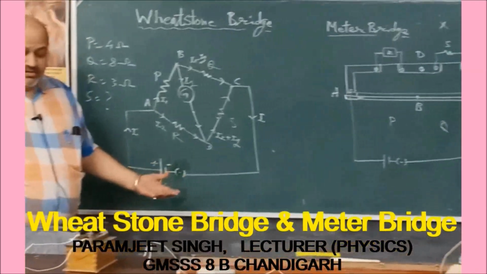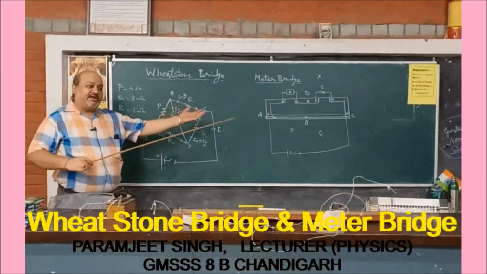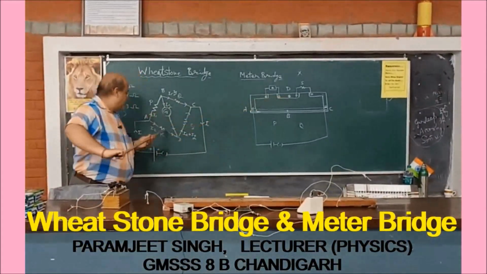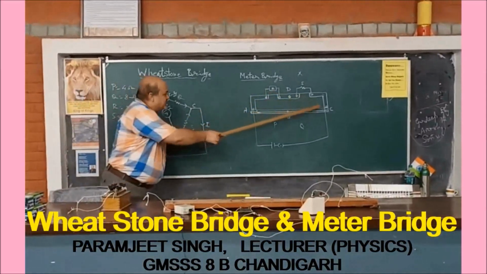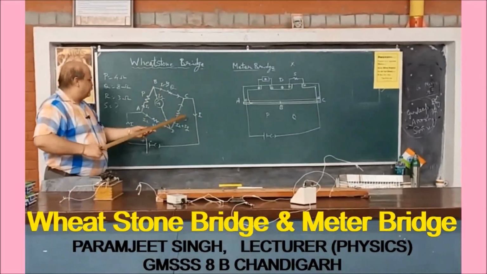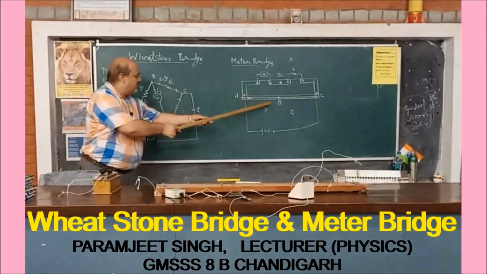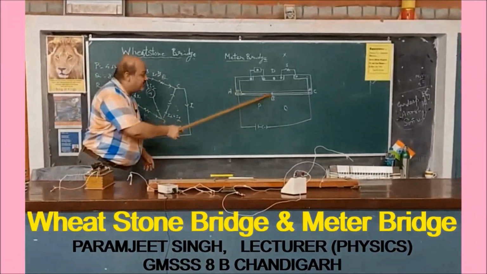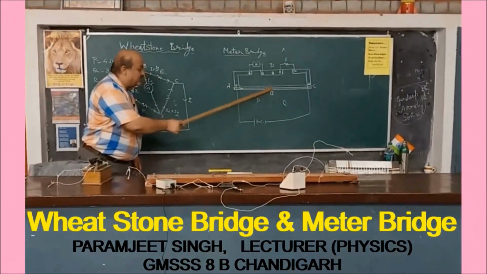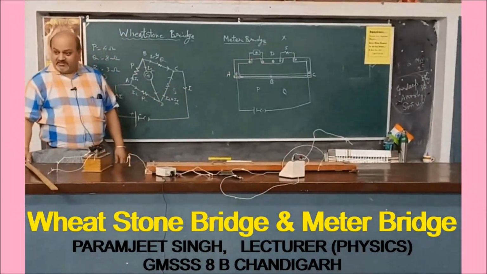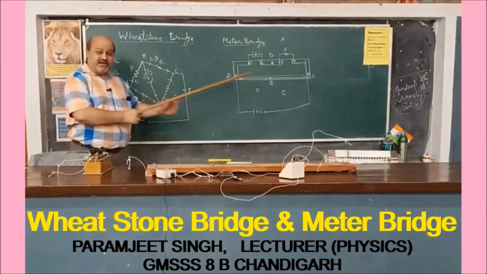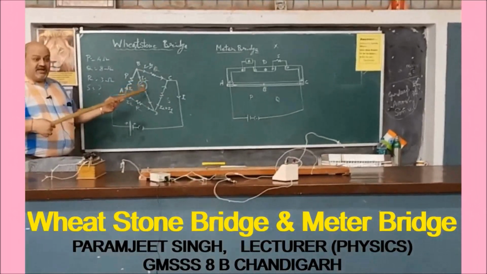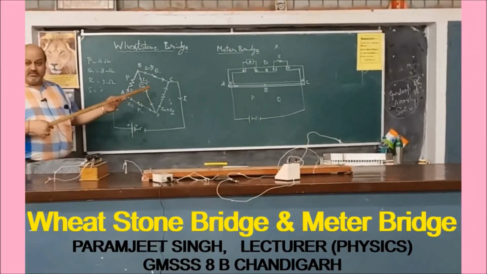So now see, the whole Wheatstone bridge is now practically there in the meter bridge. Between A and D, R. Between D and C, or C and D, S. Between A and B, P. Between B and C, Q. But still this B is not separated. Point B is not separating P and Q. And this part is again left to develop.